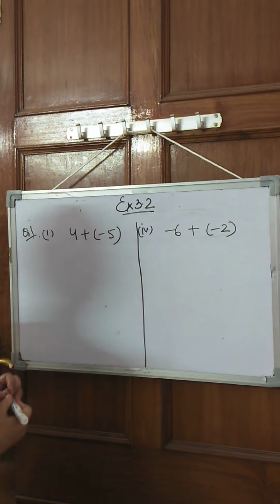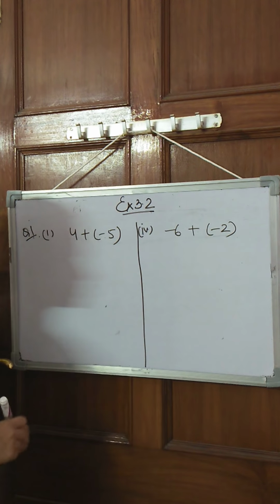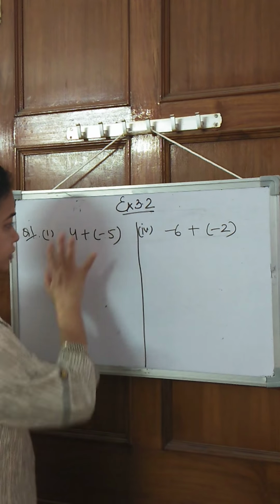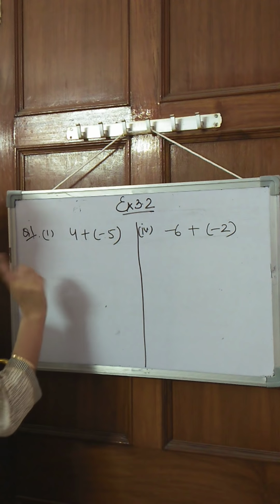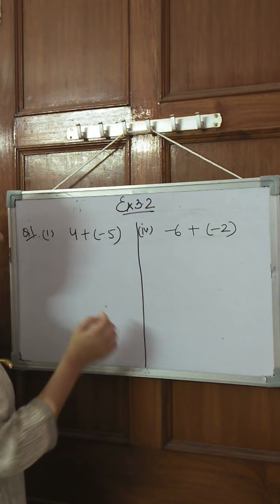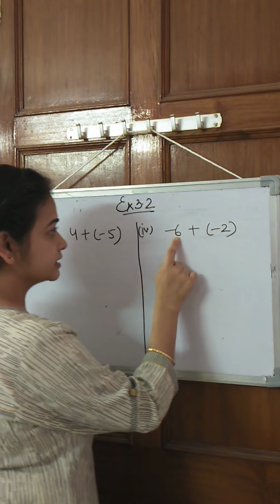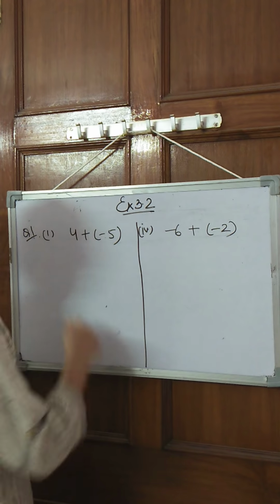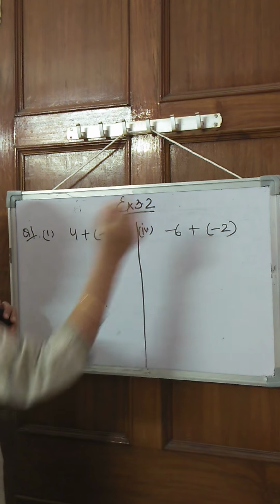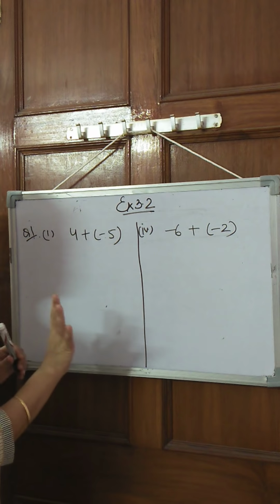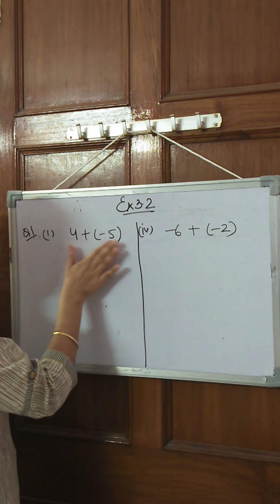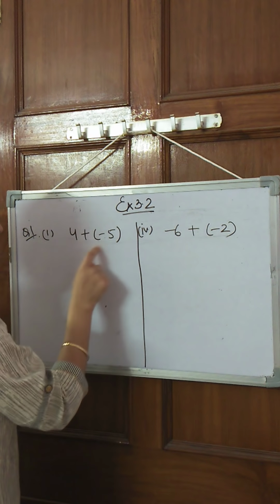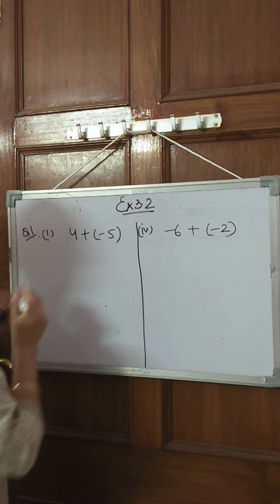So what they are saying is that in these two cases, as I said, I can have positive integers also or negative integers also that I have to add. So you can see here, 4 is a positive integer and minus 5 is a negative integer that I have to add. Minus 6 and minus 2, both the integers are negative that I have to add. Yes. So as we have discussed, I cannot solve anything further if there is a bracket and two signs are there. So the first thing that I have to do is reduce this to one sign. Then I can further solve it.